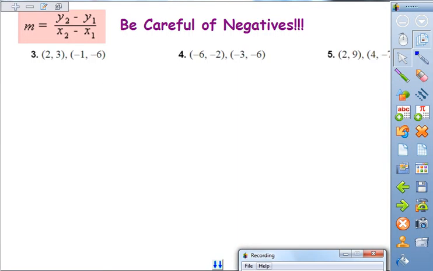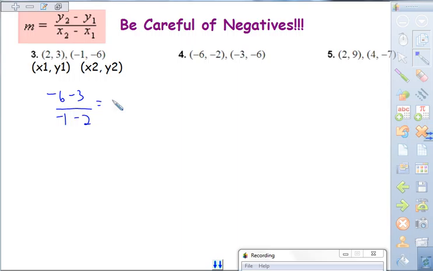So remember, here is our formula for slope, change in y over change in x. I'm going to use this as my first set of points, and this is my second set of points. So I'm going to go negative 6 minus 3 over negative 1 minus 2. So I get negative 9 over negative 3, which reduces to